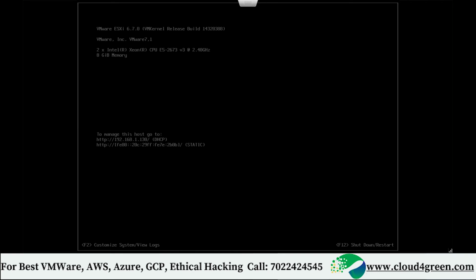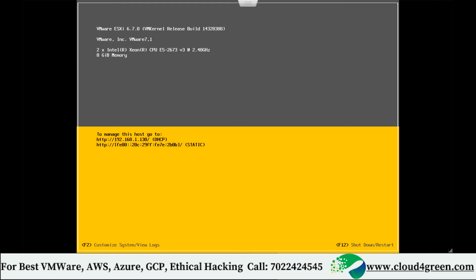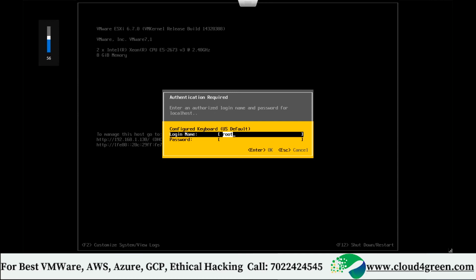Okay, I want everyone on the same screen. Can you see? Press F2 to customize. Press F2. It will ask for login name as root and the password. Login now. All of you log in and write down all the tabs which you see inside now. Test@123, enter.